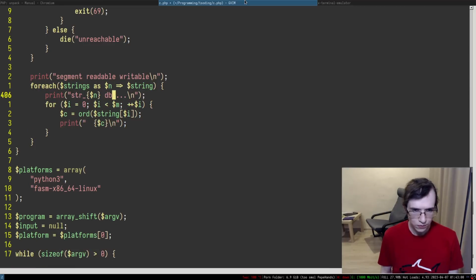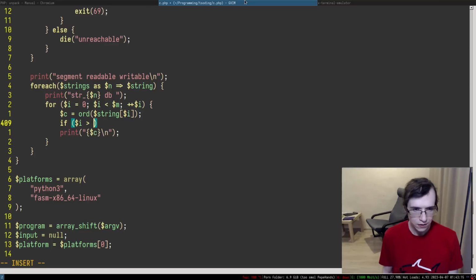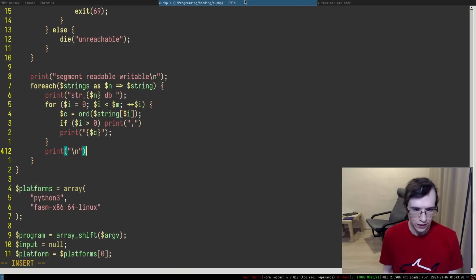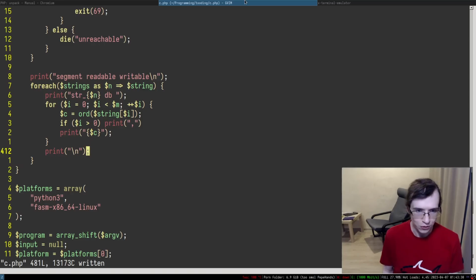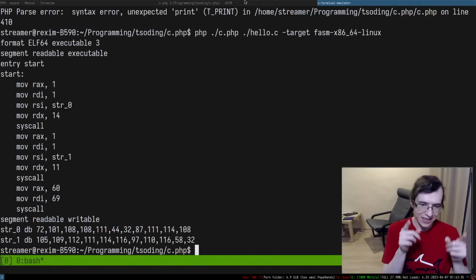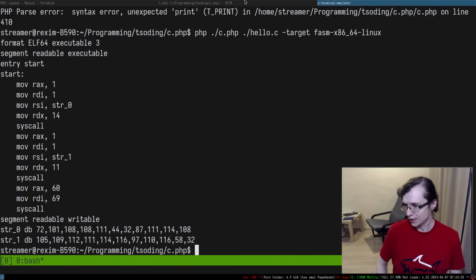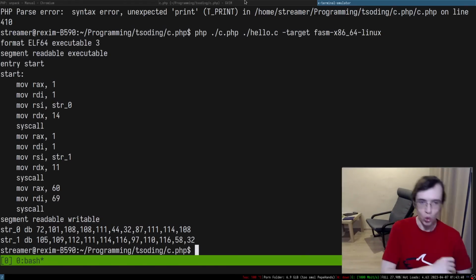Anyway, the thing we're going to do is put a space in here, and essentially we're just going to print C. But if i is greater than 0, we're also going to print this thing in here, and then at the end we're going to print a new line. There we go, boom. And it didn't work because why? I can't see anything in this mist. What do we have in here? I forgot a semicolon. Look at that code. This is like actual assembly code.